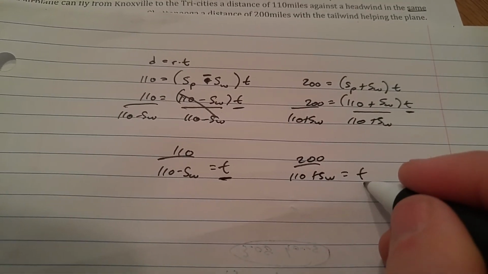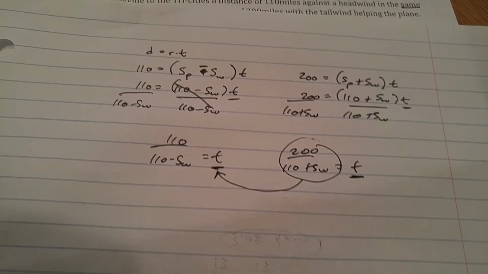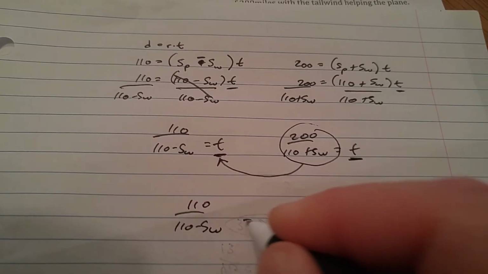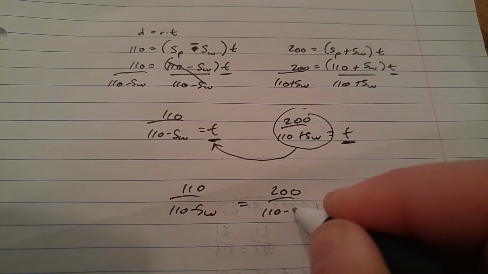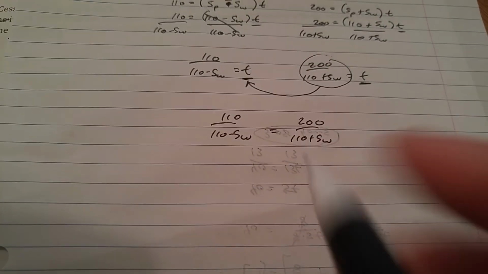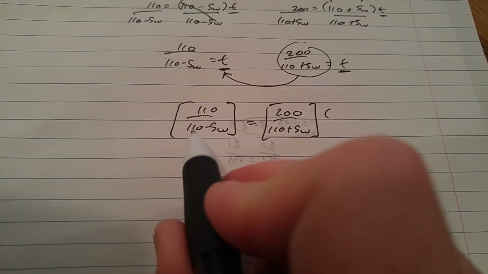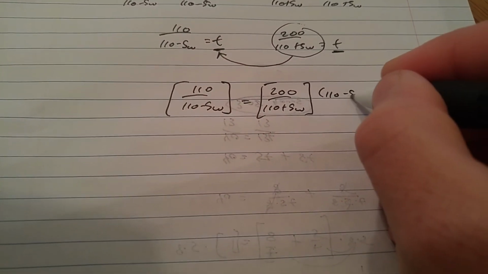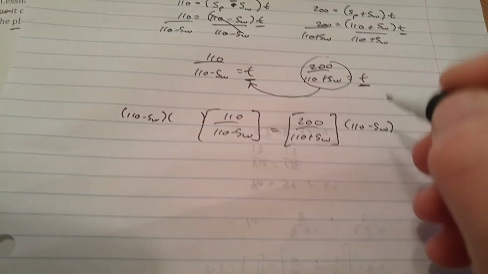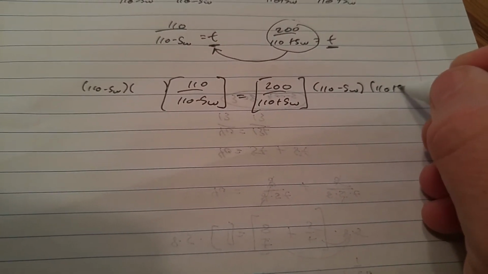Now this t is equivalent to this t, so I'm going to substitute this right here for that t, since they're the same thing. So I have 110 over 110 minus speed of the wind equals 200 over 110 plus the speed of the wind. There's my rational expression that I'm going to solve. I'm going to multiply both sides of the equation. So in order to get rid of this denominator, I need to multiply by 110 minus the speed of the wind on both sides. And in order to get rid of this denominator, I need to multiply by 110 plus the speed of the wind